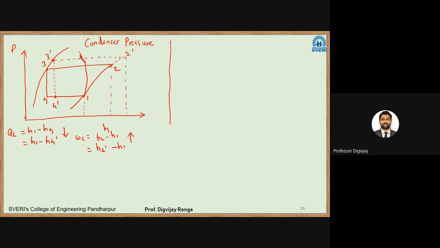Evaporator pressure. So same thing goes with the temperature also. If I take the temperature, if I increase the condenser temperature, that time also similar phenomena happens, that the refrigeration effect reduces and compressor work increases. So if I take now evaporator pressure,